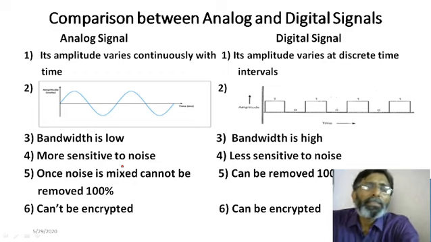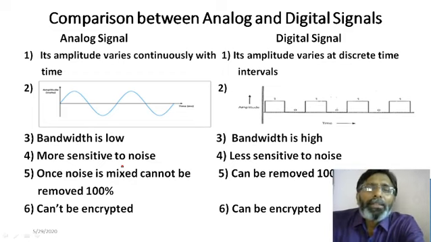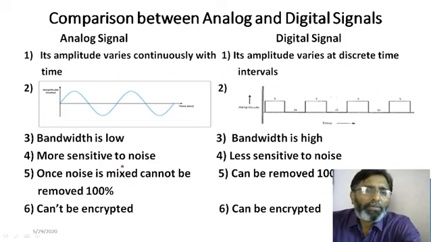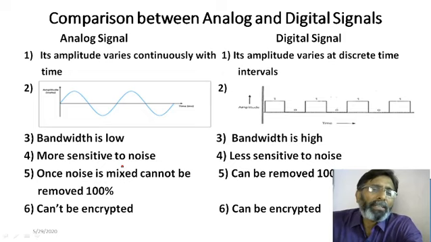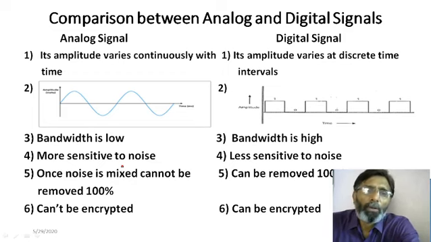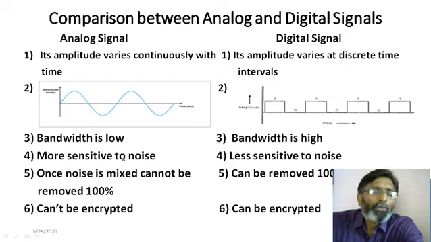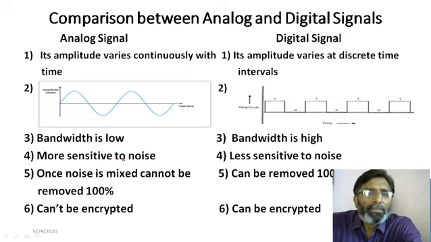Now, next is why we basically have these two types of signals. As far as the basic nature of signals is concerned, in most cases our information has an analog nature. When we convert our information signal into electrical form, its nature is analog. But the analog signal has certain drawbacks also. So, to avoid those drawbacks, we convert it into digital form and we get some advantages. What are those? That we will see.